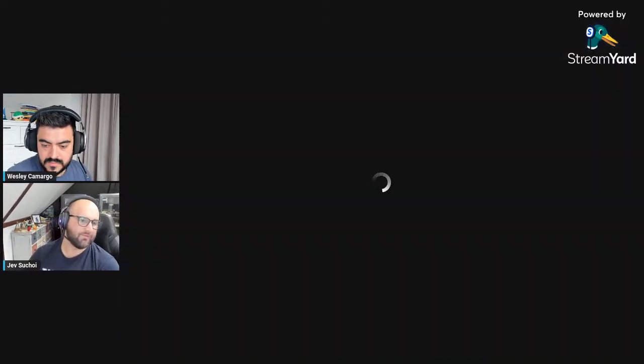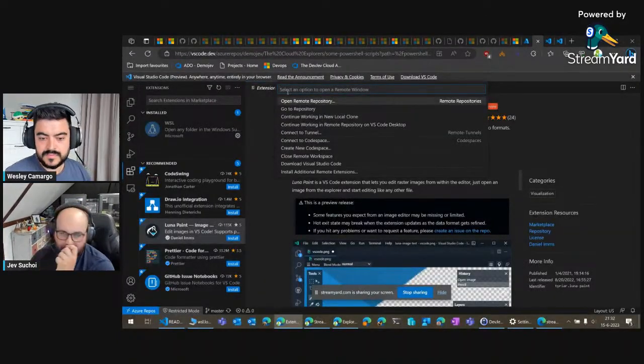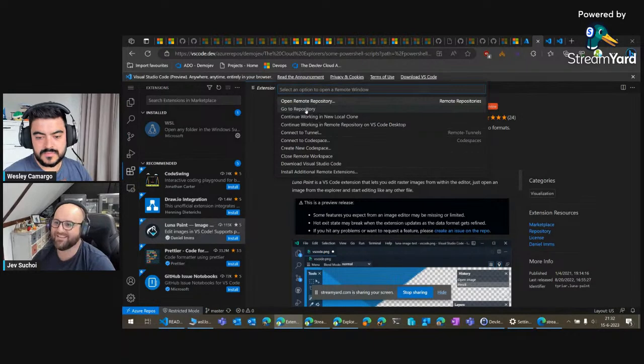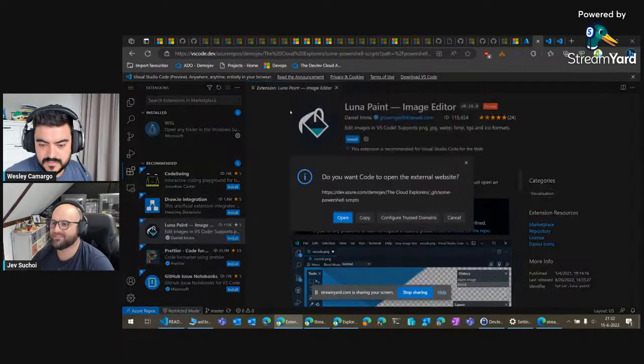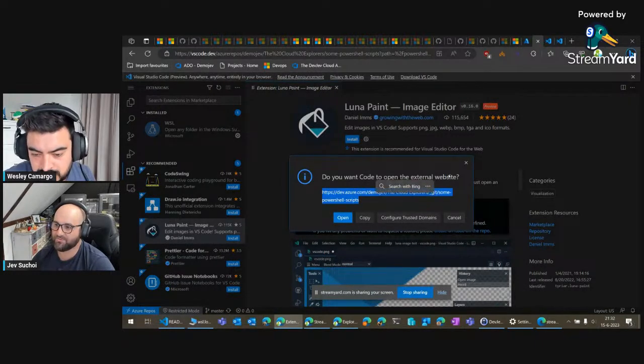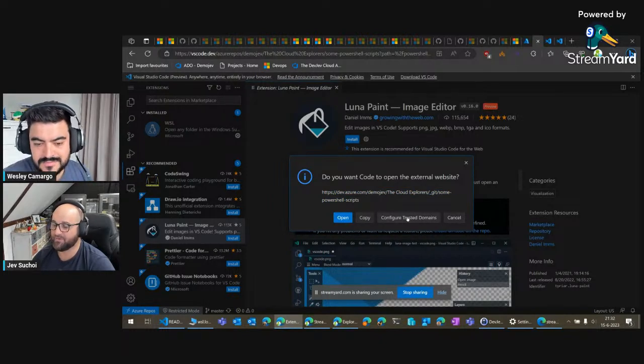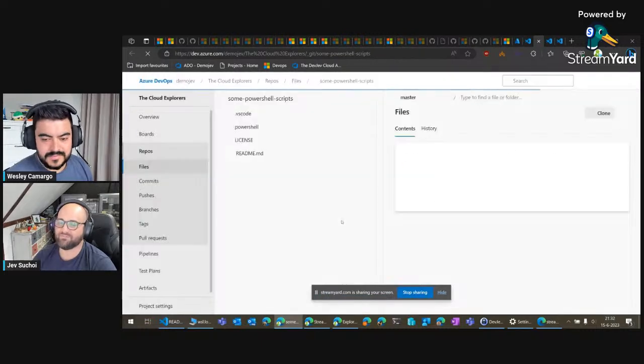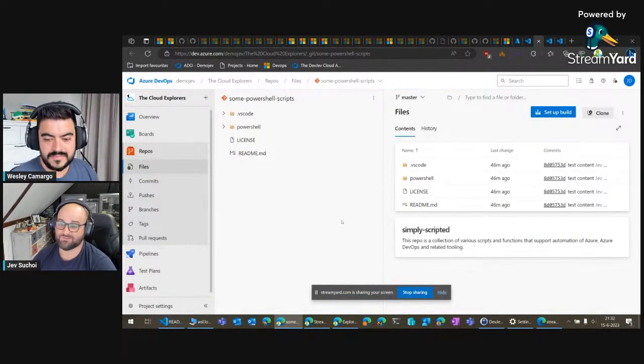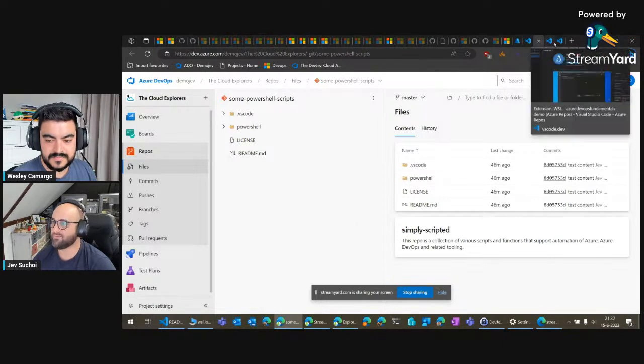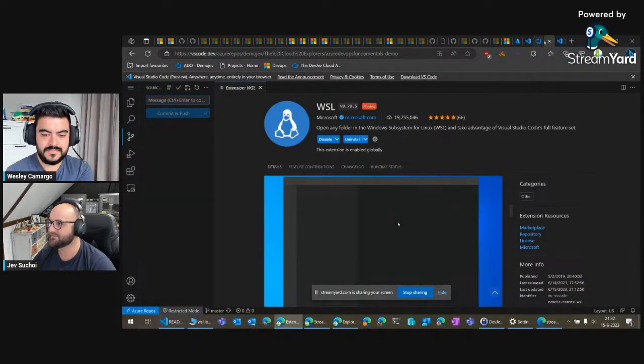While you were playing around with VS Code, I actually found this option. I think this is quite interesting. Go to repository, and it will ask you, do you want to go to external websites? Apparently, you can also configure trusted domains, but in this case it will open the Azure DevOps repo in question. I would assume the same thing happens